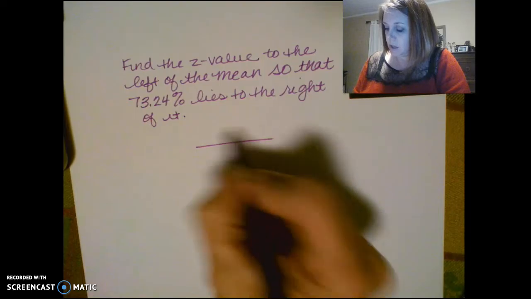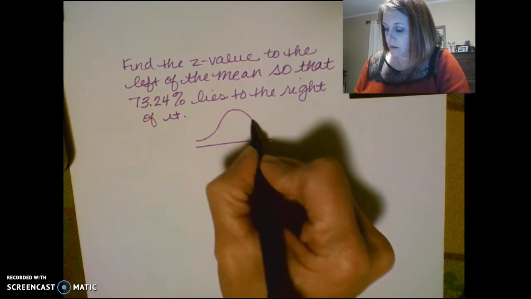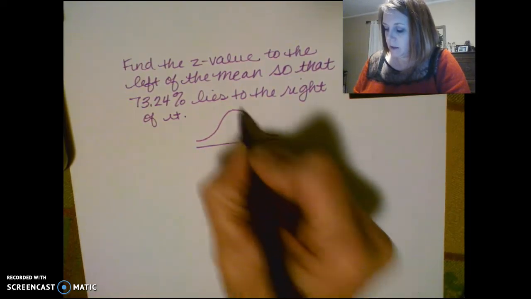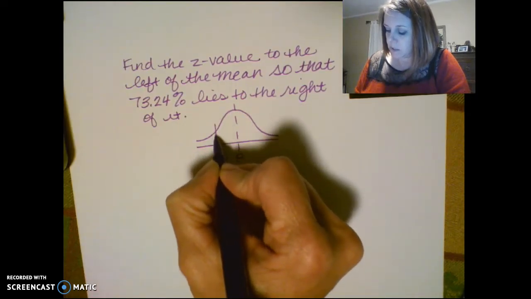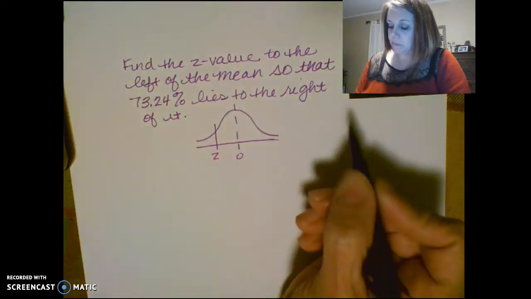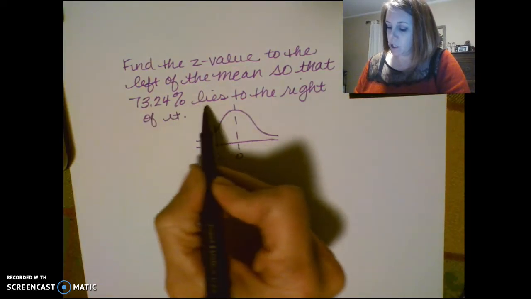Okay, so let's sketch our distribution here. Z-value to the left of the mean, so we have a z over here on the left side, and 73.24%